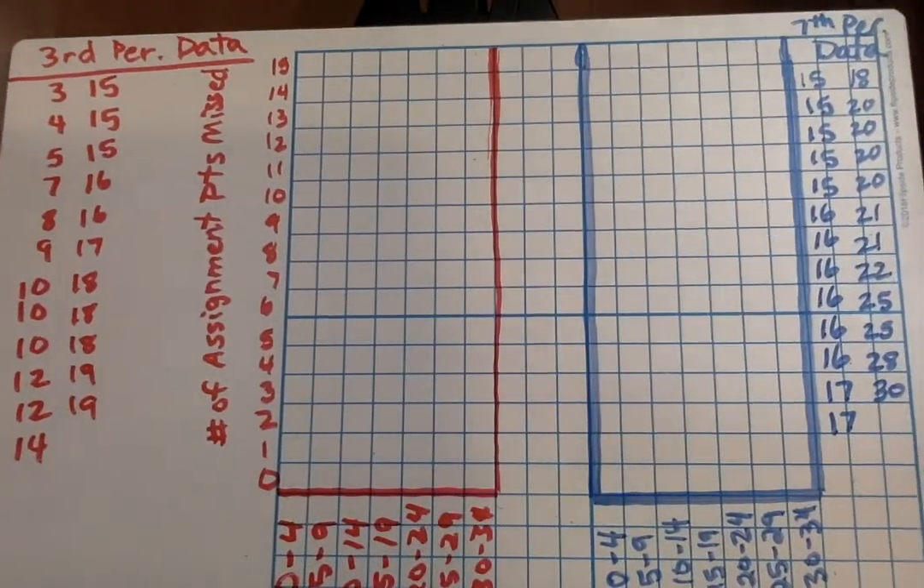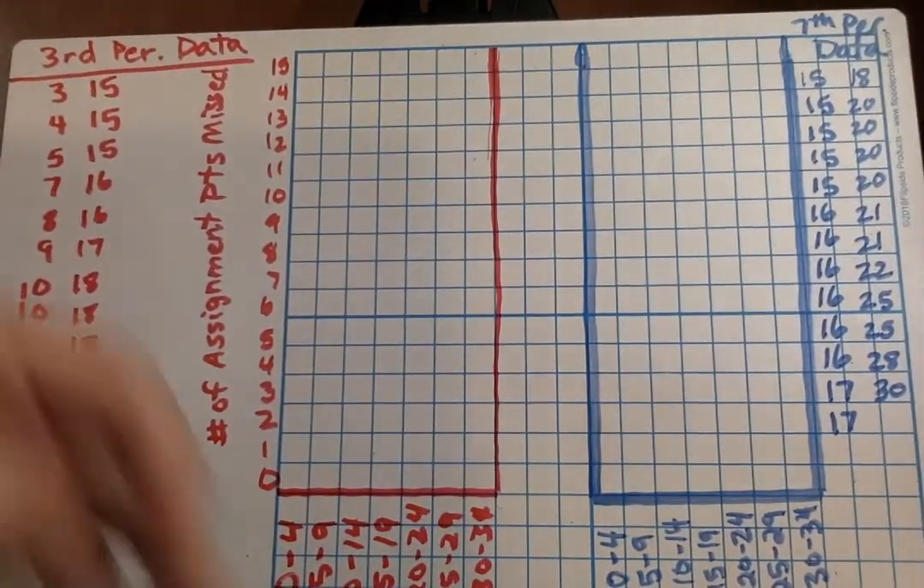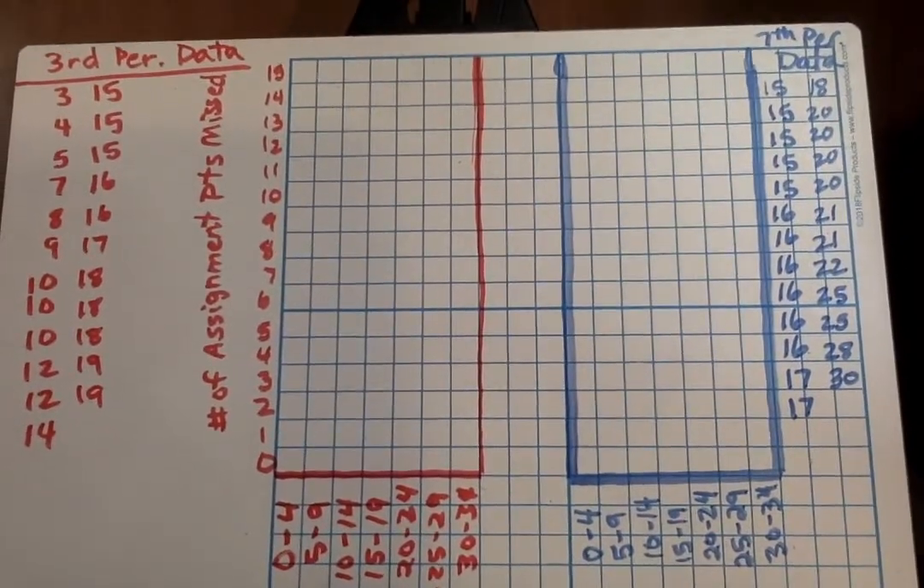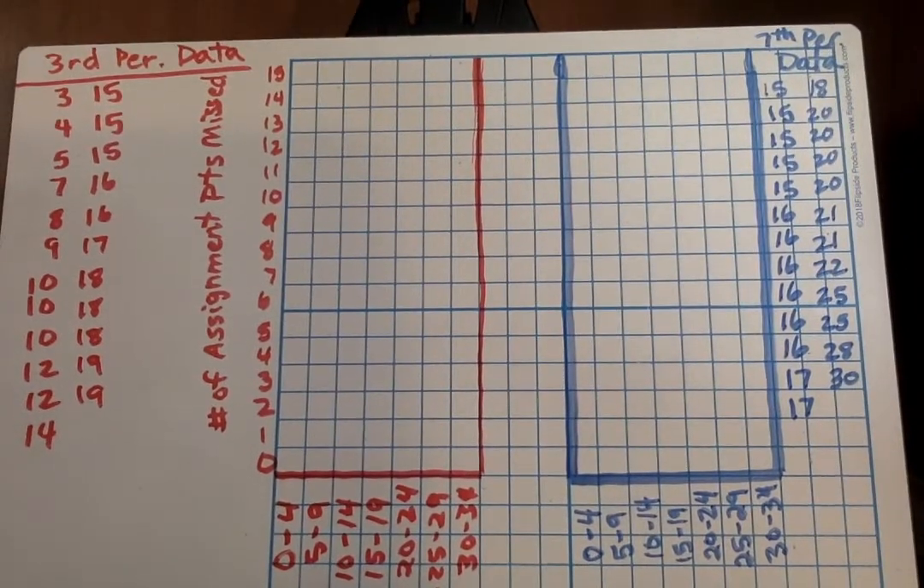Okay, here we go with 3rd period and 7th period. Hopefully you can see that okay. You can back it up just a little bit here. And I think that includes everything at the bottom. So